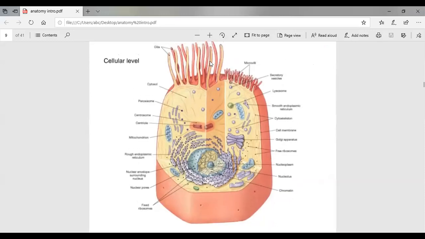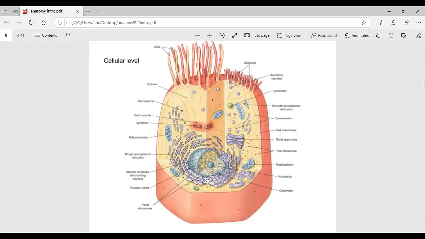Yeah, so can you see, a few minutes ago we saw there are different levels of organization, and atoms and molecules and macromolecules combine to form organelles, and organelles form a cell, correct? So this is a single cell. Can you see the cell has very different parts? I would like to show you different organelles, but you can imagine that this structure is a cell, and it has very small parts called organelles.